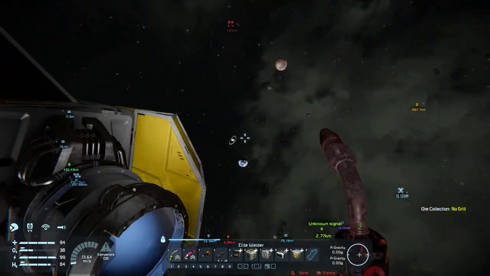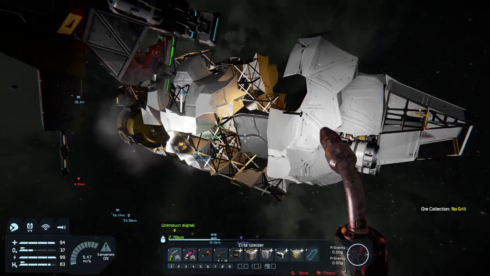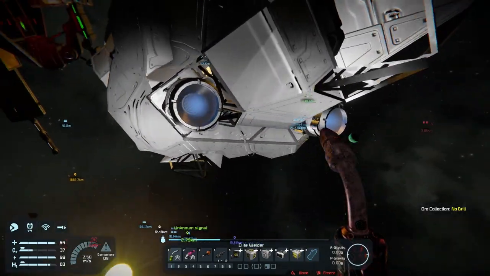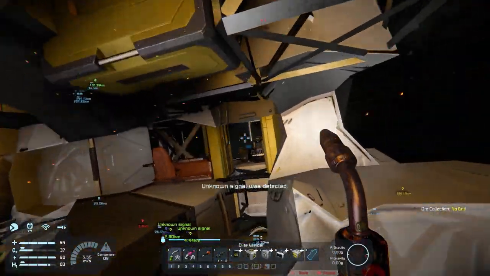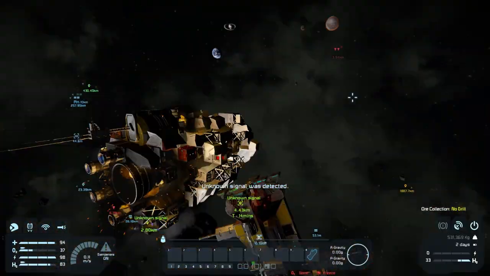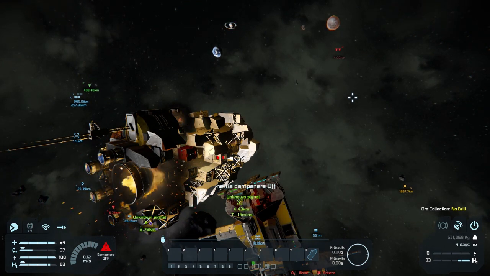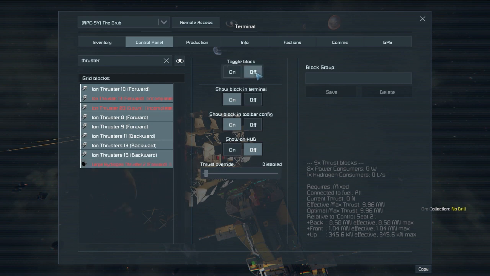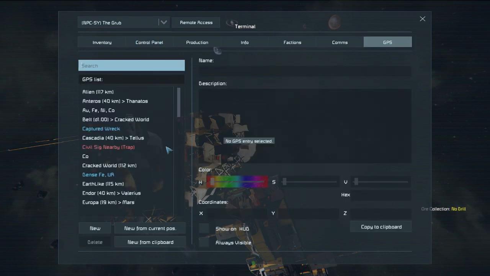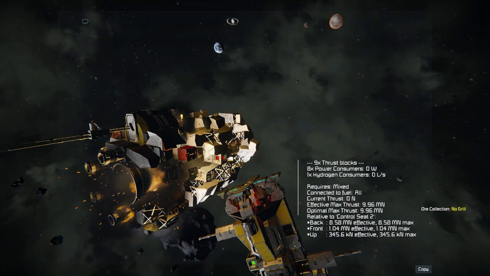Alright, so we have attached. Go ahead and engage the auto locks on the landing gear. I need to make sure that our thrusters are off. We don't need those to be on, so I'm going to go ahead and turn those off. We don't want any dampening taking place. In fact, I'm going to go ahead and turn off dampening. Turn those off. I heard something that sounded like it might have been